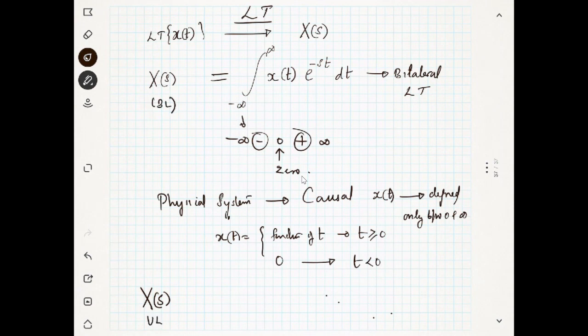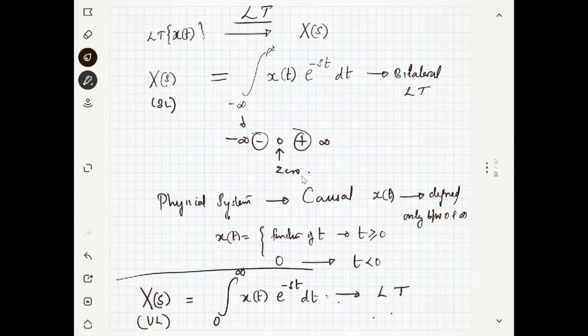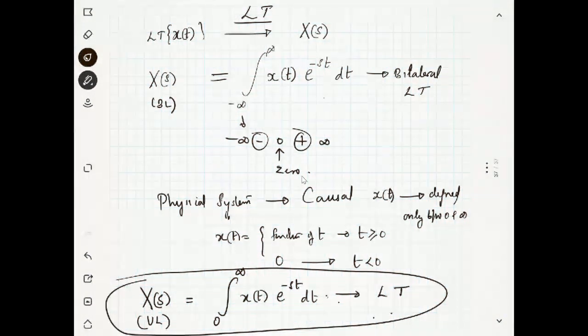So unilateral means our integration will be only from 0 to infinity of x of t e power minus st dt. This is known as the unilateral Laplace transform, or we simply call it the Laplace transform. This is what you have studied actually. In mathematics, sometimes you will see it like this. But in a physical system,